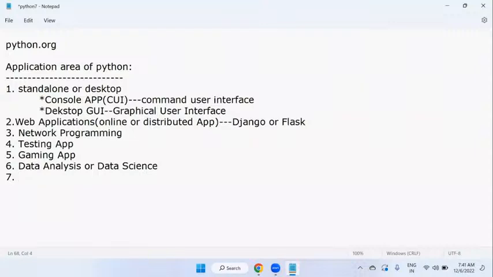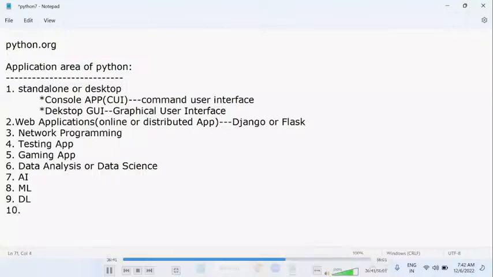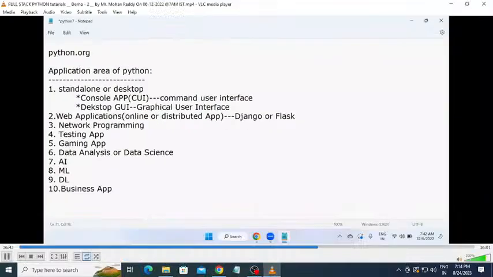And then Python can also be used in AI, artificial intelligence, and now ML, machine learning, and also deep learning. And we can also say that through Python we can develop business applications. If one of the client